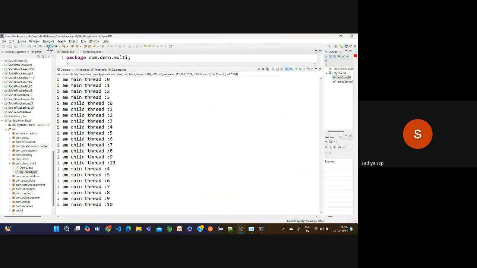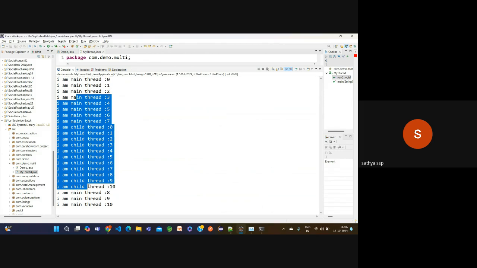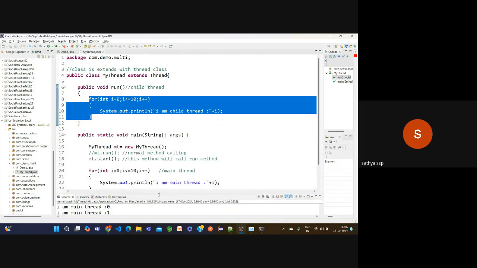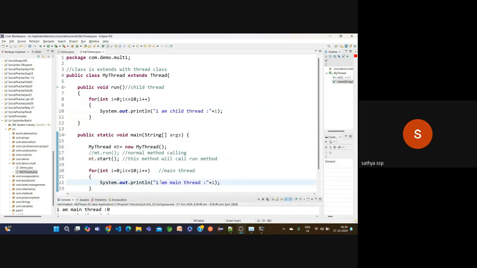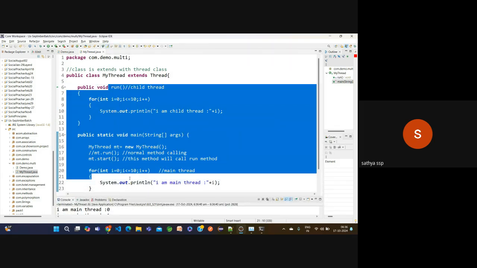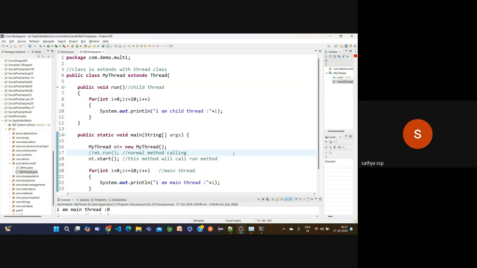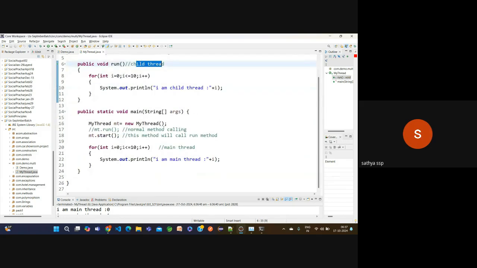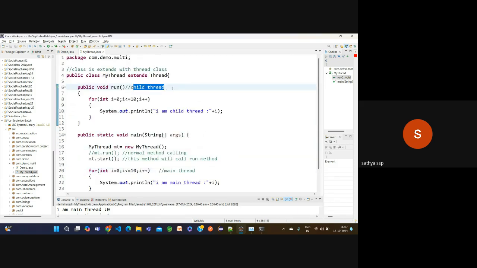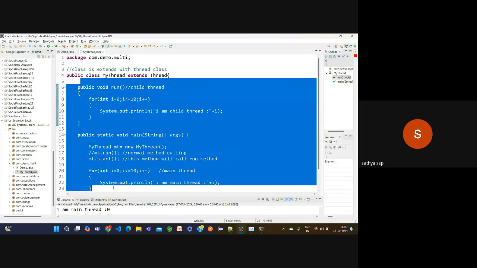For every execution the output is changing, which means we cannot predict the output in a multi-threading application. We cannot predict which thread is going to be executing first. Here we have two threads, one child thread and one main thread. Simply, we cannot predict which thread is executing first.